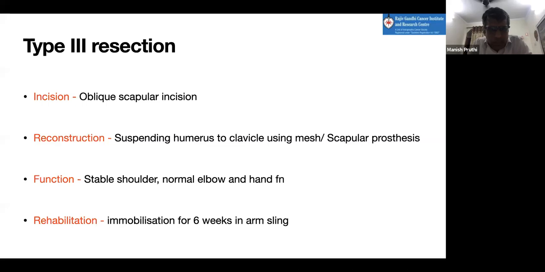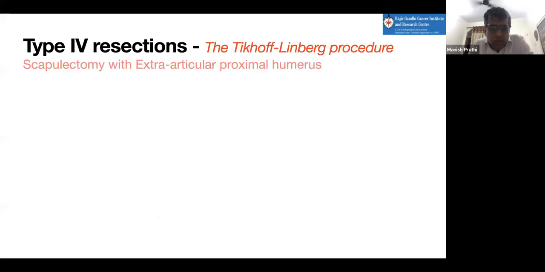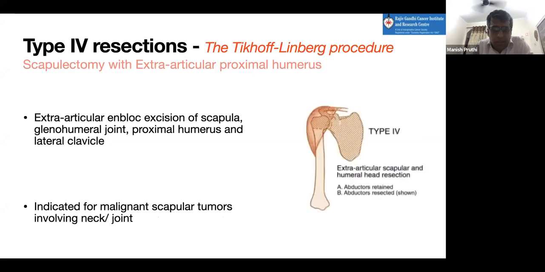Going to the type 4 resection, this usually comes as a short note also. It is called the Tikoff-Lindbergh procedure. This is a scapulectomy with an extra-articular proximal humerus resection. This encompasses an excision of the scapula, lateral third of the clavicle, the glenohumeral joint, and the proximal humerus. So these are resected en bloc, and this is indicated for malignant scapular tumors involving the scapular neck or the